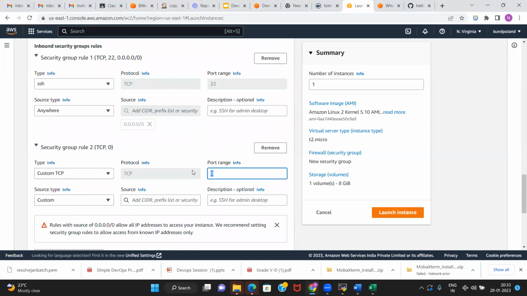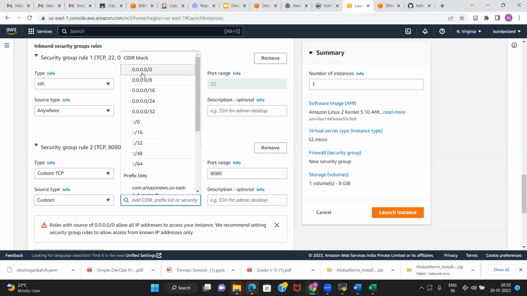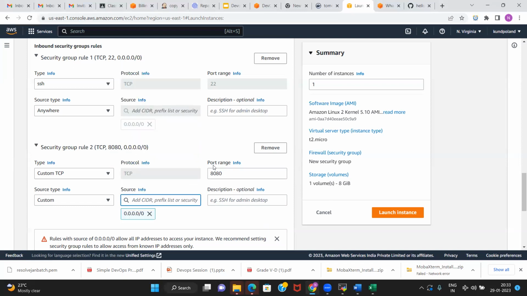And then here you need to go with the port range, what ports we want to open. So for Jenkins, the default port is 8080. So 8080 we need to open if you are working on Jenkins. This is the default port. Keep the source type as custom, and then you pick the CIDR block. We will talk about what CIDR block is, and the port ranges, in detail again.